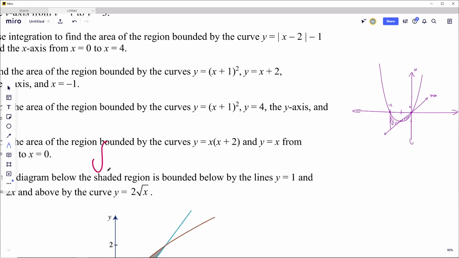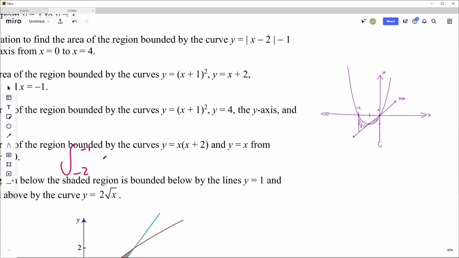So for integration from -2 to -1, which one's up? Up is the parabola. So we said this is x squared plus 2x. For simplicity, not every time looking here and doing it. So x squared plus 2x minus the one down, which is minus x, so it's going to evaluate to x. dx